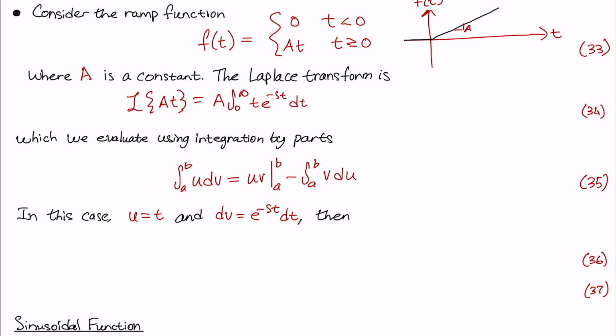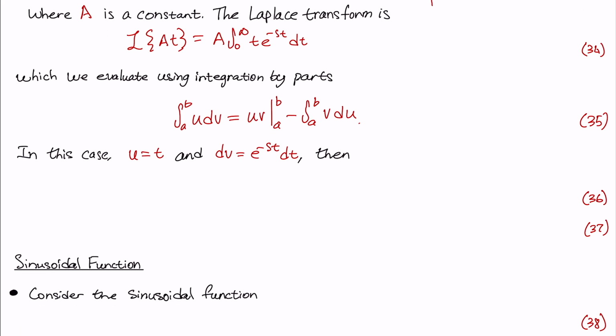That's just our formula for integration by parts, just as a reminder. In this case, we're going to say u is t, dv is e to the minus st dt, and then from there, we will show that this Laplace transform of at is